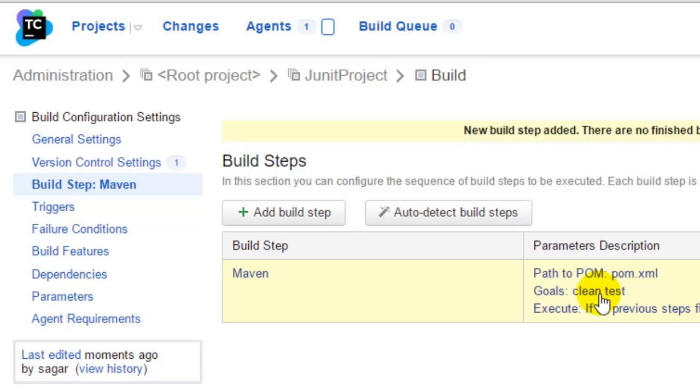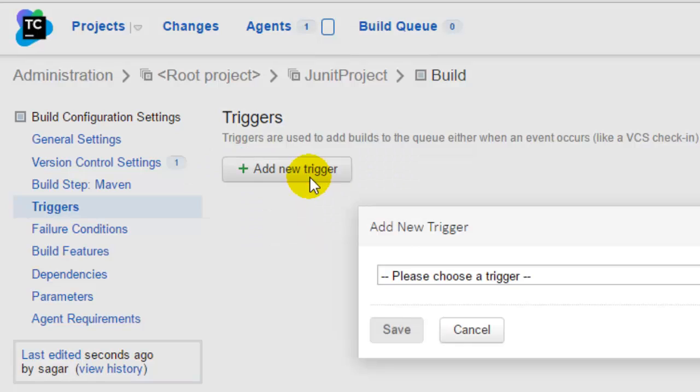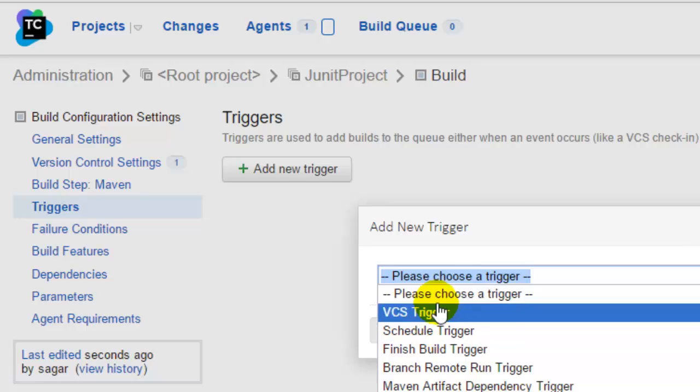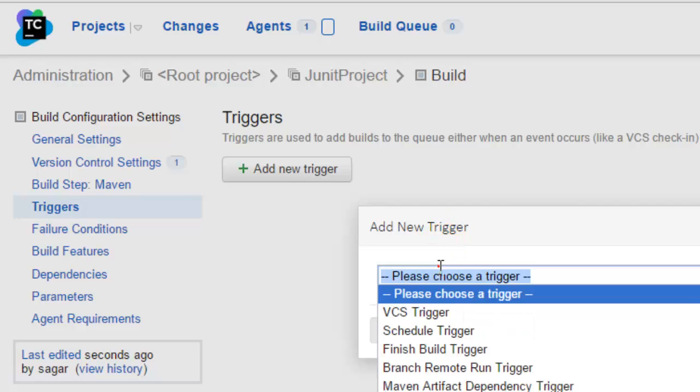Here it has already selected clean test as the goal, and you can also add the triggers and all those things. The trigger is nothing but when you want to run this particular build configuration. So you can give the VCS trigger or the schedule trigger. In the schedule trigger, you can specify the time at which this particular build should be run,